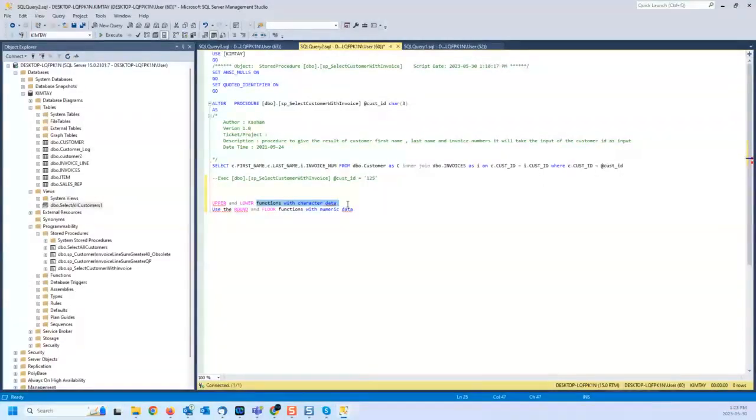These are the built-in functions. Today we're going to see if we can make our own function as well. So upper function, lower function, round, and floor. And I think there is a ceiling as well. A very simple example, select